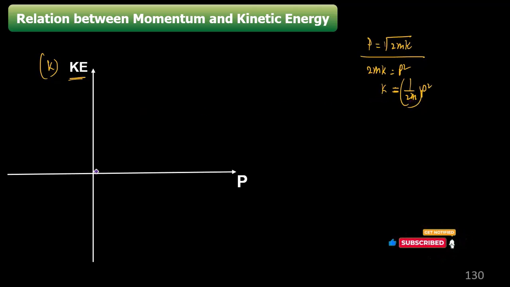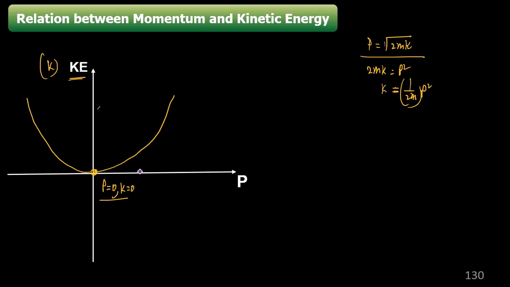If we start from this point when the momentum is 0, that is p equals 0, then kinetic energy is also 0. The particle is at rest, which means kinetic energy is 0. As we increase the p value, kinetic energy increases in a parabolic manner. And if we reduce the momentum, the kinetic energy also increases. On this scale, this is the plus p. For the other side of the graph, this is the minus p. So p can be positive or negative. Corresponding to the value of p, I am getting the positive value of kinetic energy, and that variation is basically parabolic.